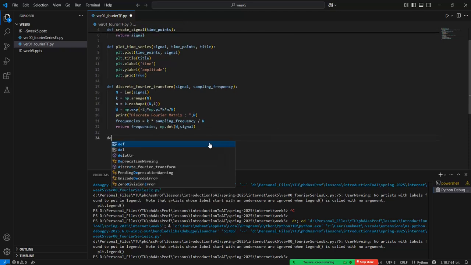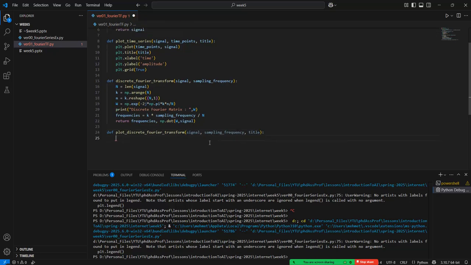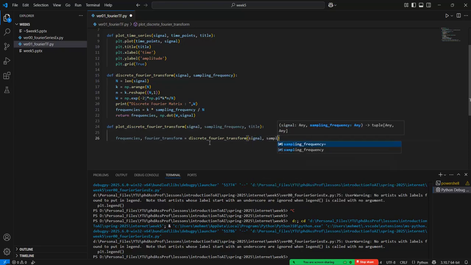So def plot discrete Fourier transform in here. So the signal, sampling frequency must be given in here, and so the title should be given in here. First of all, we need to call the frequency and the Fourier transform in here, just like this one, the discrete Fourier transform, the signal and the sampling frequency